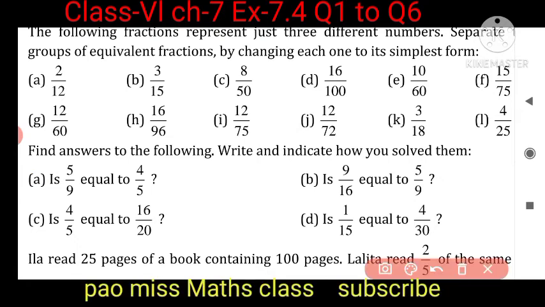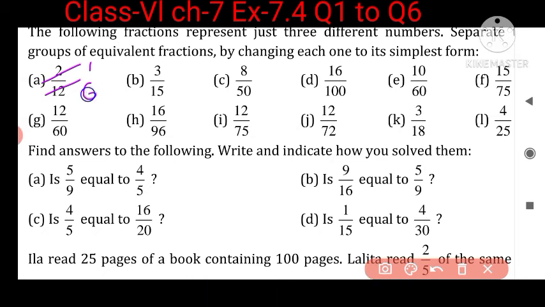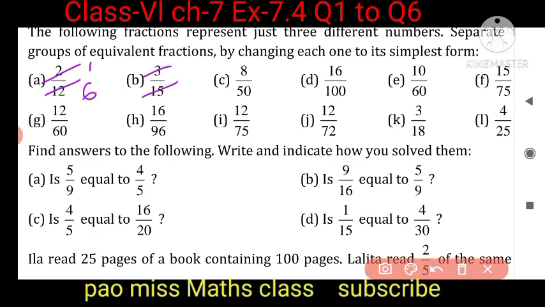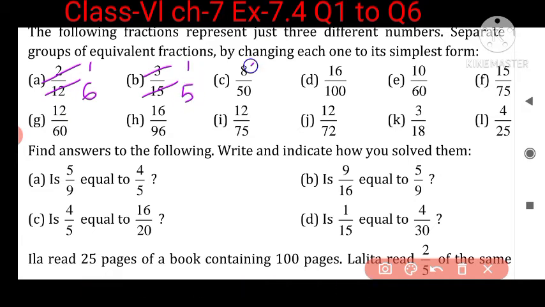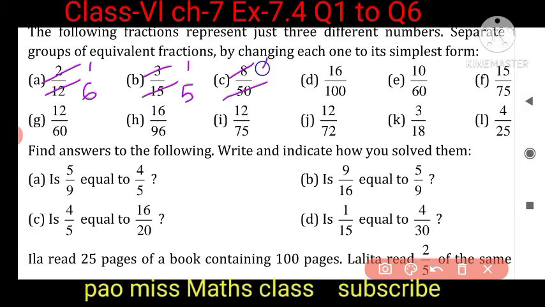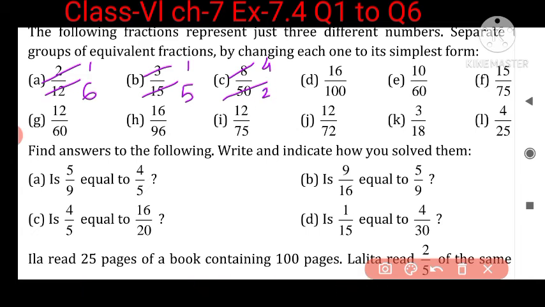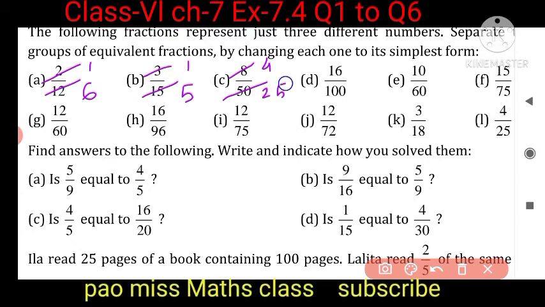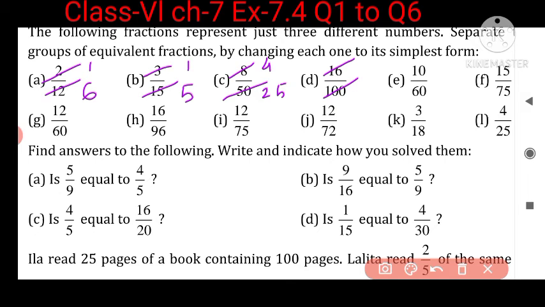Now you can cancel this: 2 1s are 2 and 2 6s are 12. Now again 3 and 15 can also be cancelled. 3 1s are 3, 3 5s are 15. Now again 8 can be cancelled with 2. 2 4s are 8 and 2 25s are 50, isn't it? Now 16 and 100. Now with 4 we can cancel. 4 4s are 16,